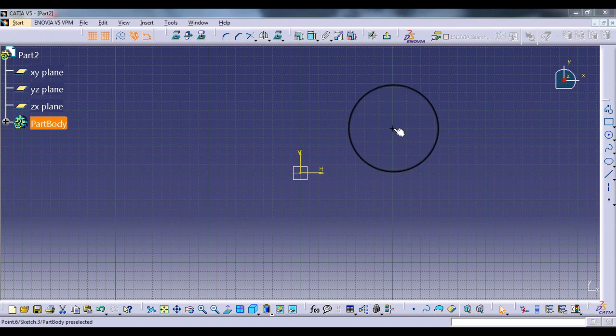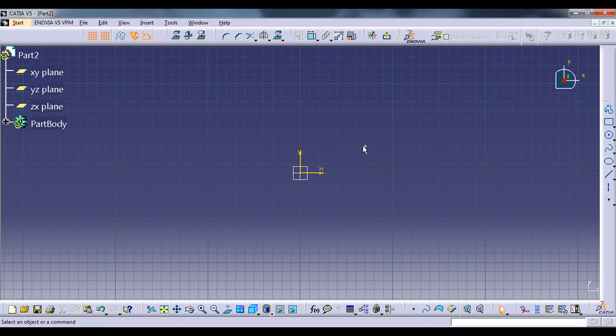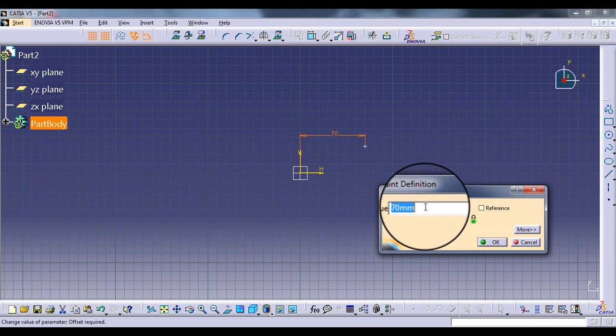We can plot this point without using these grid lines as well. We just need to select this constraint command. First I will delete this point. If we want to plot the same point, I will select this point command and place it randomly. I want this point to be at a distance of 100 mm from this vertical axis. So I will select this point and this vertical axis by pressing the control key, and then I will select this constraint command. I want this to be 100 mm, so I will double click and enter the distance of 100 mm.